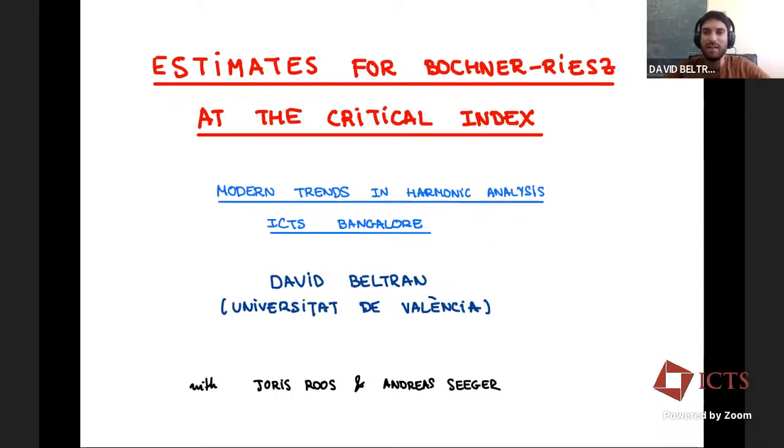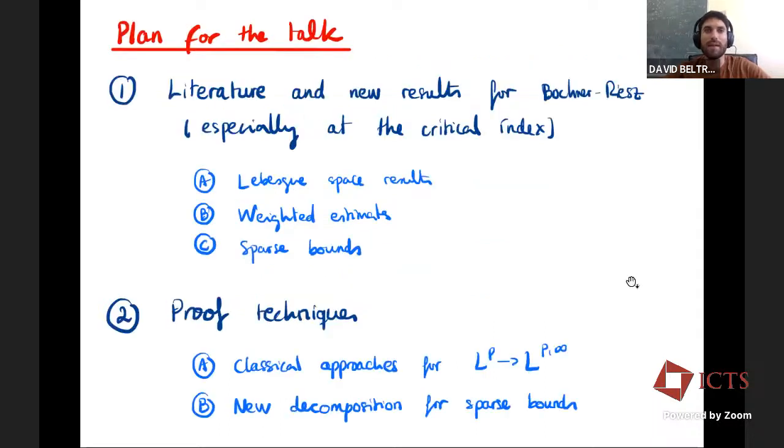So the topic of my talk today is Bochner-Riesz at the critical index. I'm going to present some new results in that context, which are joint work with Joris Roos and Andreas Seeger. And the plan for the talk, since this is quite a long talk, 1 hour 30 minutes,